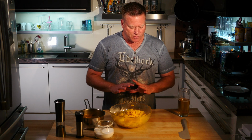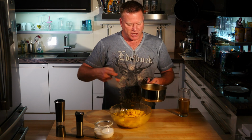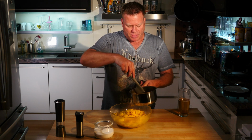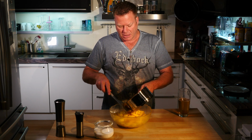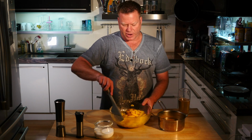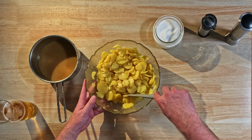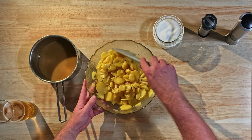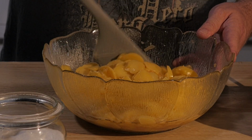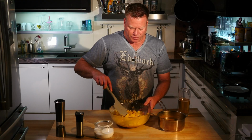So I've sliced the potatoes. I had to switch bowls because the other one was way too small. What we do now is we add our dressing, marinade, sauce, whatever you want to call it. An important thing is, don't stir it like crazy. Mix it gently, give the potatoes some love, and just make sure that every slice of potato is covered in the wonderful marinade. If that's done, you need to give it some more rest for a good 15 to 20